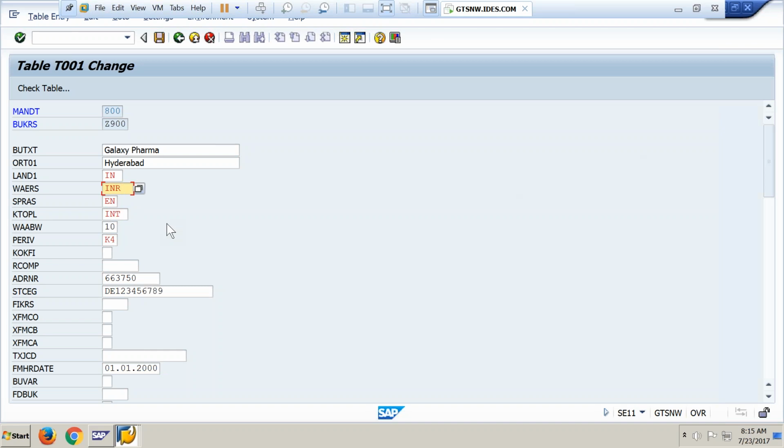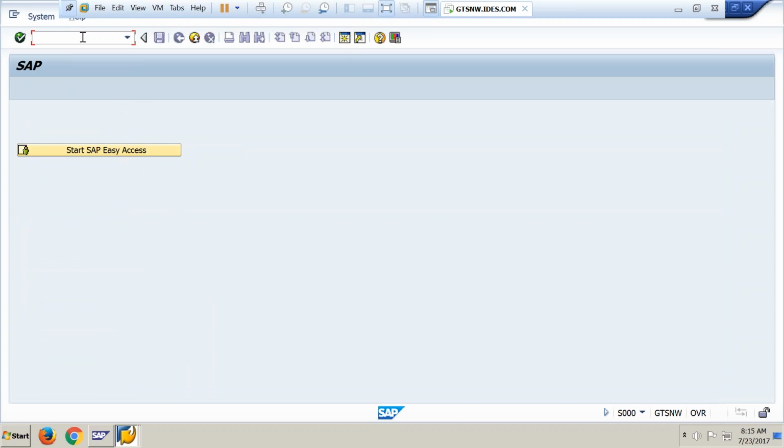Okay. So you just edit it and save it. Suppose I don't want INR, I want to make it Euro, EUR, enter, and I'll save this. Okay. It has been successfully saved to euros. If I go and check my company code now, say SPRO,